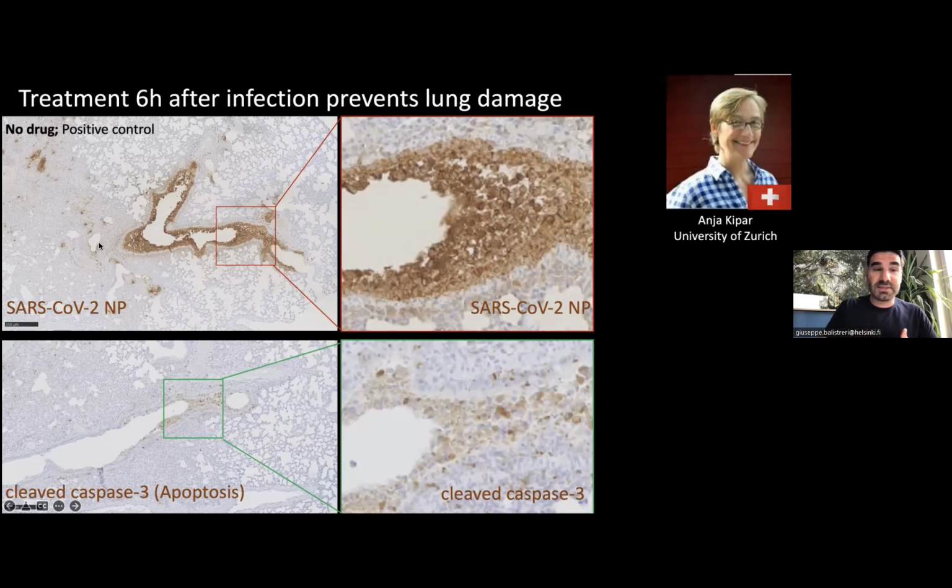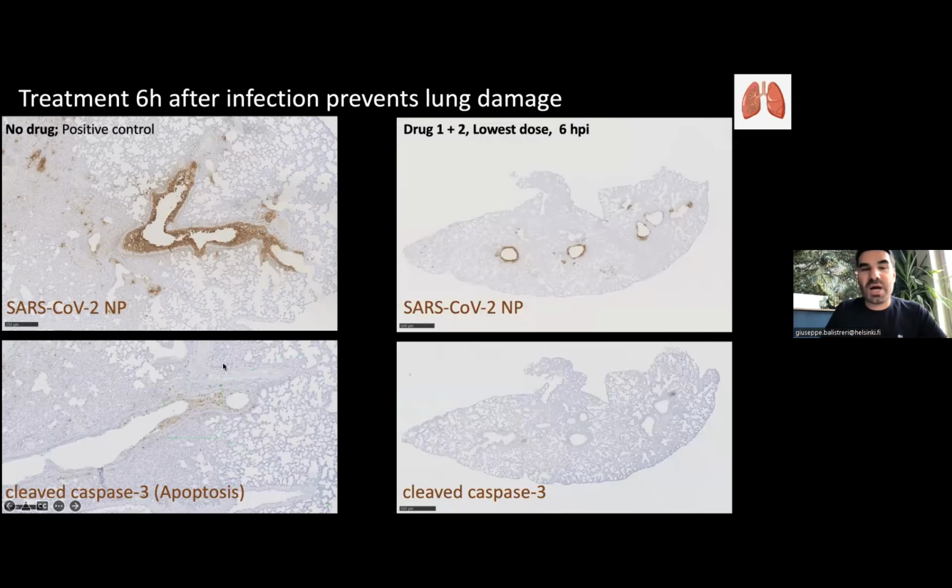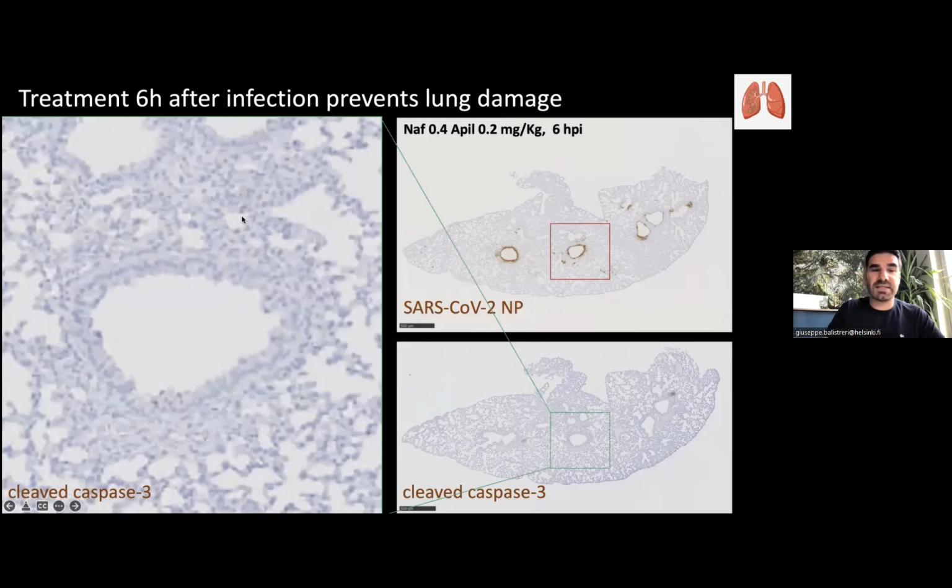If you put no drugs, then the virus not only infects you, but if you use an antibody to see if there is cell death in the lungs that are infected, you see a lot of cells are dying. And these are exactly the cells that are infected. This is another antibody that recognizes a protein which is a marker of cell death by apoptosis, cleaved caspase 3. So infected lung, a lot of cell death. But now we put the drug 6 hours after infection. You do see that there are some cells infected in the lungs, but there is no trace of cell death. In fact, all the cells are completely clear,